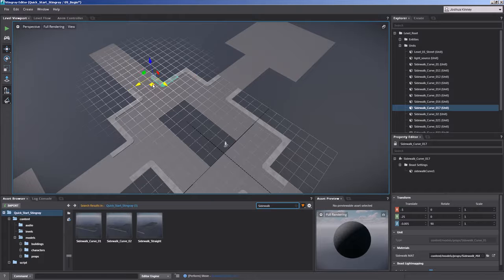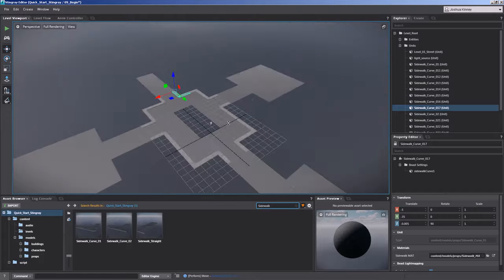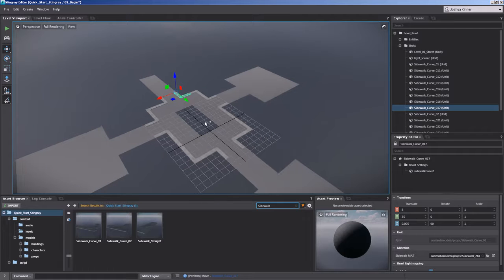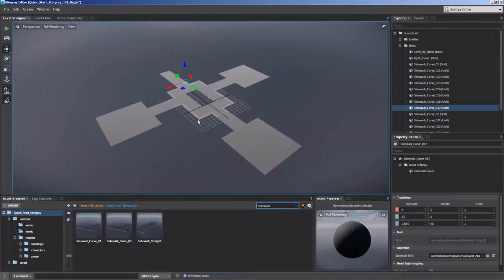So as you can see, once you start to learn how to duplicate and you start setting objects together like this, you can start to get things moving a little bit faster. So I want you to continue to practice in between lessons by setting up the sidewalk all the way through. Now if you don't want to do that and you're comfortable with moving and manipulating, you can go ahead and move on into the next lesson, because what I'm going to do next is have everything already set up. I'm going to have the buildings in place and all of that,